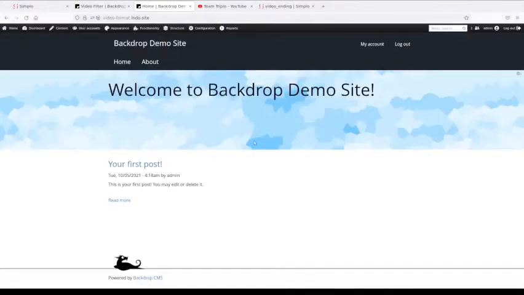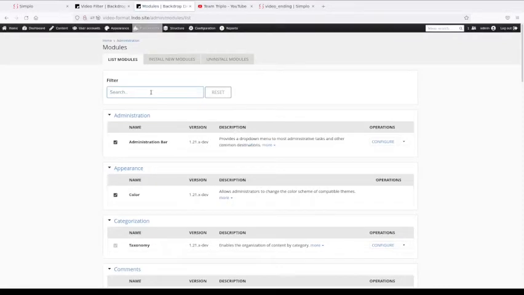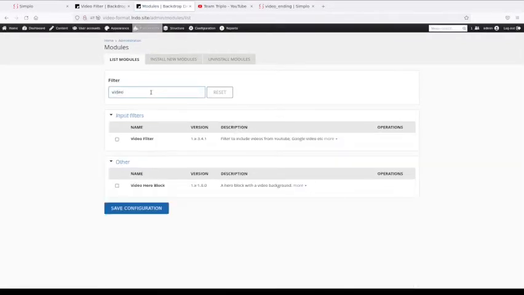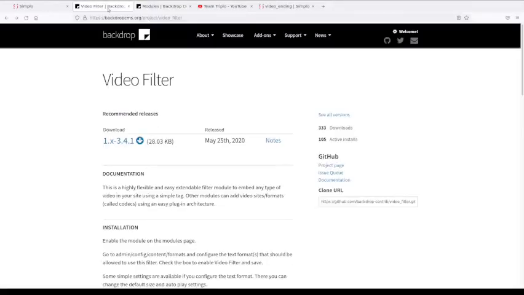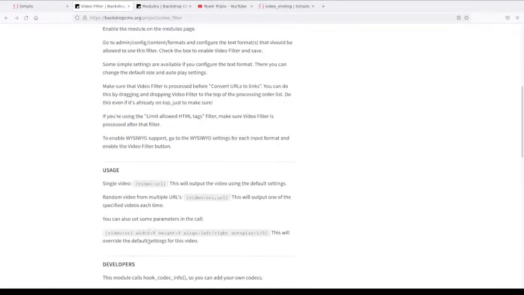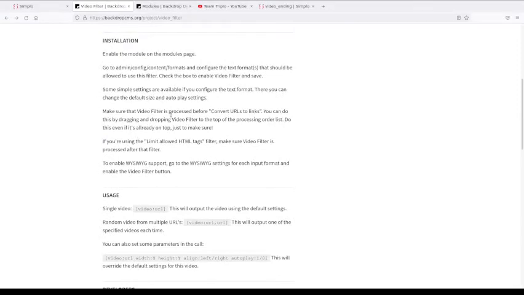So I have a clean Backdrop site that I've set up locally using Lando, my local development tool of choice. And I have added the module, but I haven't enabled it. So I'm going to quickly find it right now and enable this module. There we go. And right away, if we look at the instructions, we see that there's a little bit more configuration regarding how to set it up